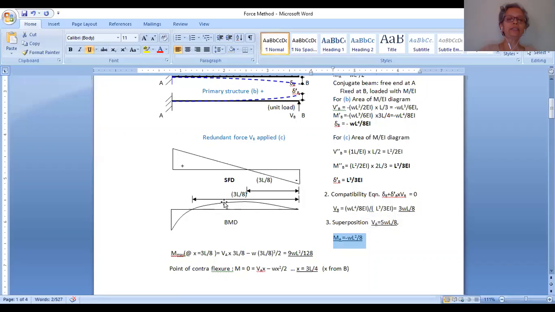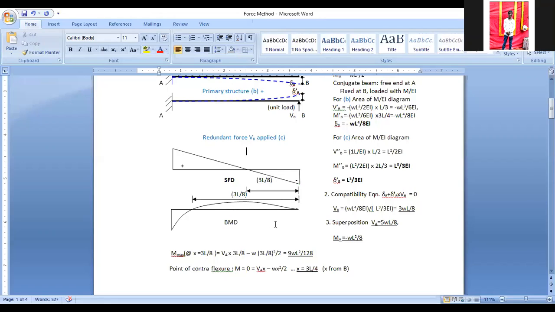But how is the transition going to be in between? How do I know the transition? One way is I find out the moment from right to left or left to right. It's your choice. I find out at different locations and then I draw the diagram. Other way is we look at the concept. What is the meaning of this 0 shear force in terms of moment at that point? Maximum bending moment. So maximum bending moment is going to be at this particular point.